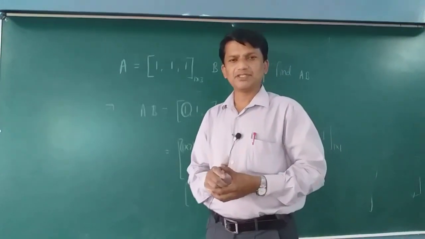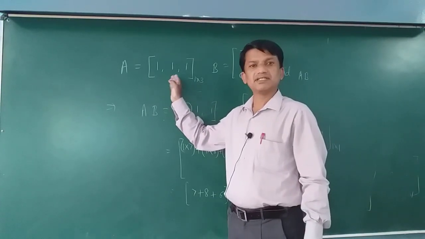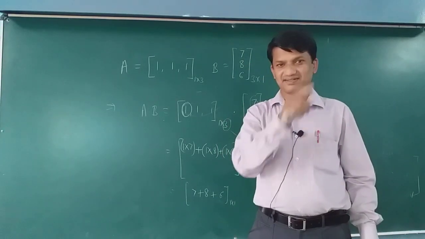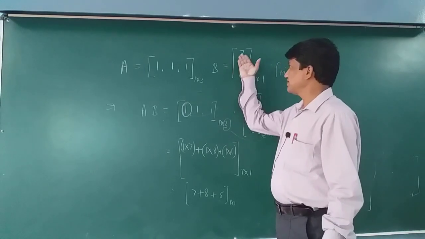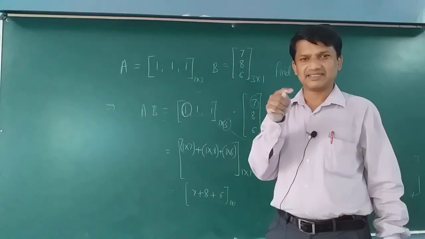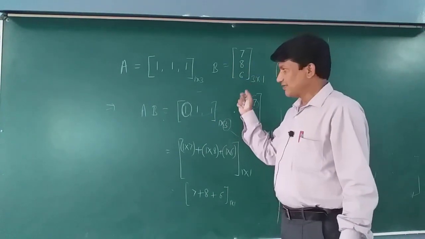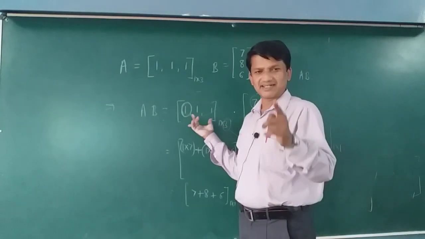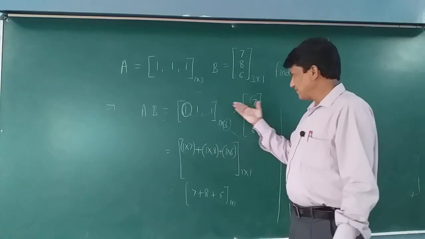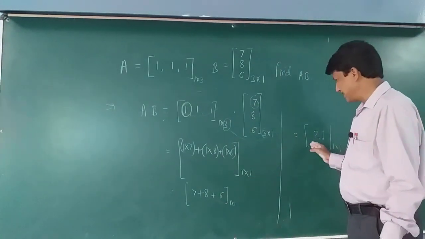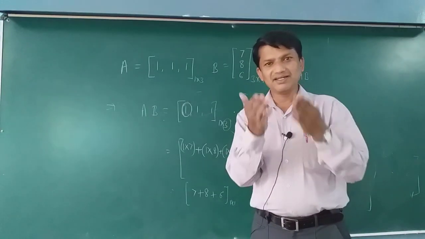Here, students, I want to tell you, matrix A has the numbers 3 3 3, all the numbers look like 1 1 1, everyone's boss is 1. And the B matrix also gives us 7 and 6. You know, the number 7 is a lucky number, you know about this 7 and 6. If we try to multiply the first matrix with the numbers 7 and 6, how will we get the answer? We get the answer having the number 21. 21 is also a lucky number.